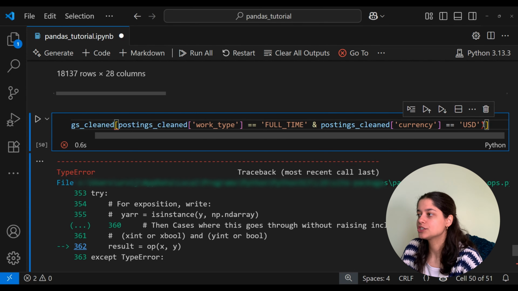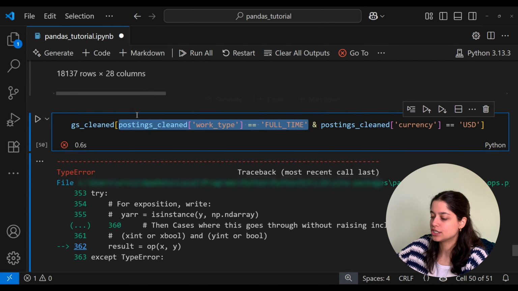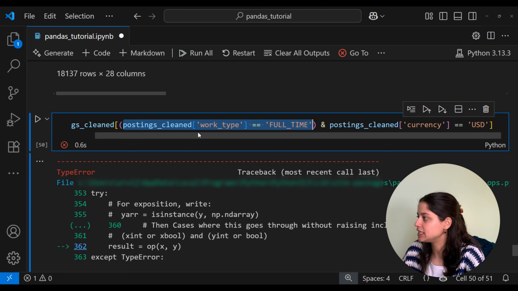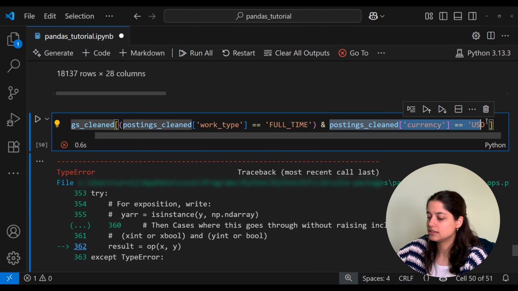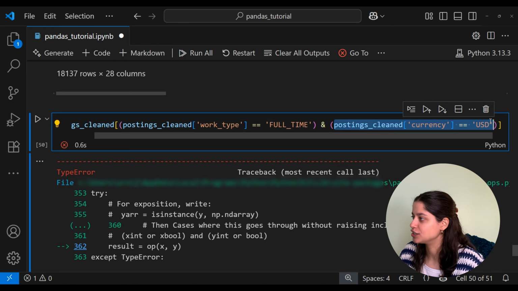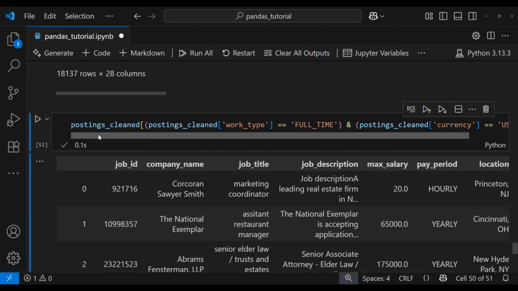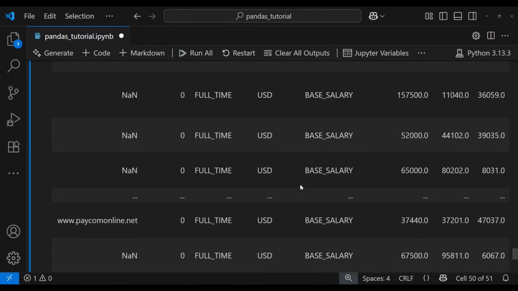So long story short, whenever you're adding more than one condition inside the square brackets, just make sure each condition is surrounded by parentheses and you will be good to go. Now when we run this, we see everything works. So here you'll see everything is full-time